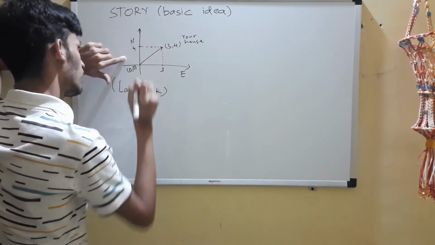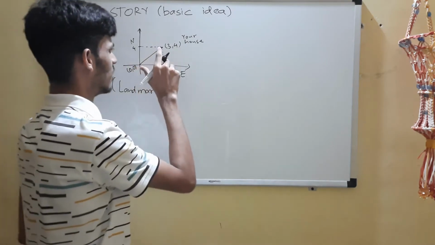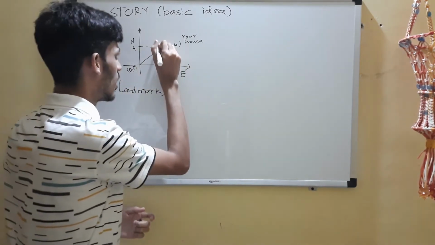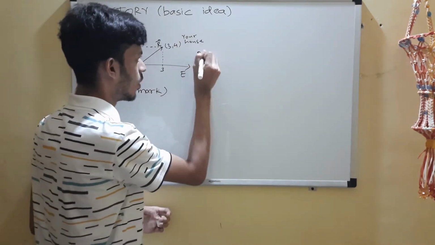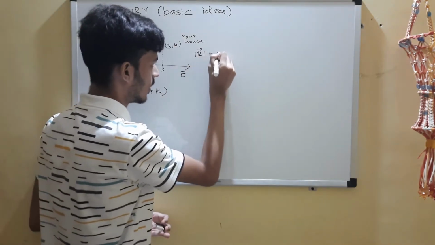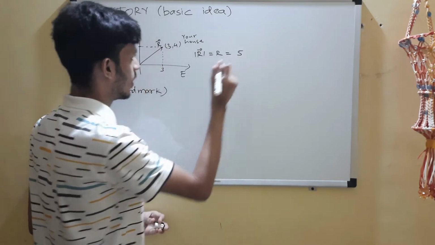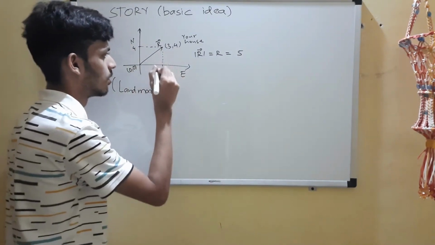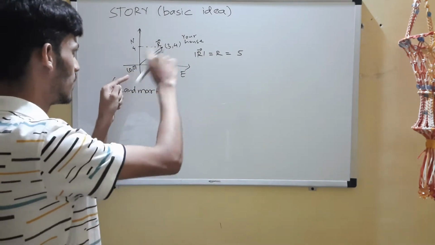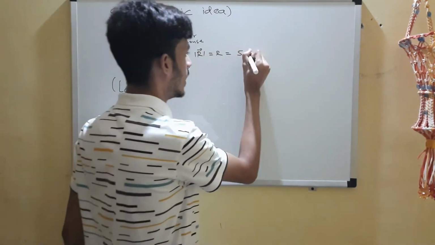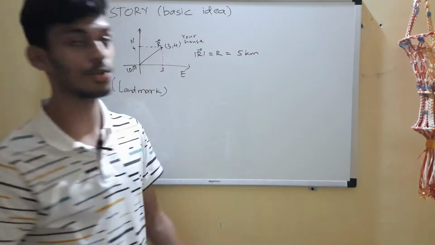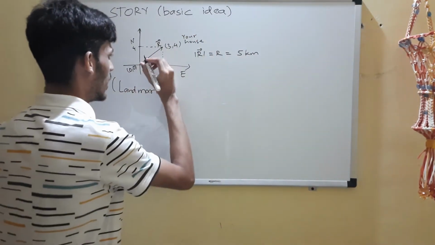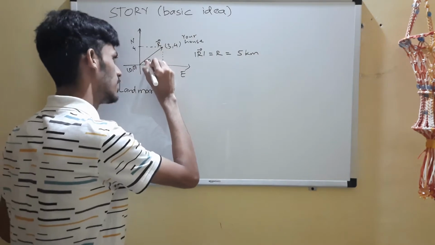You can find the distance from here using the distance formula. Suppose this is the r vector. The magnitude of r, which you can simply write as r, will be 5. It is the 3, 4, 5 right angle triangle, or you can apply the distance formula. Let's take it in kilometers. So he has to walk for 5 kilometers, and there is also an angle. You have to specify this angle as well.